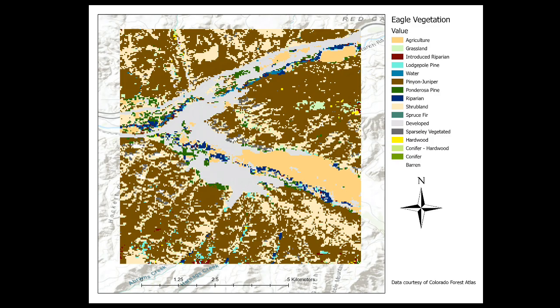Next, we'll look at fuels, in particular the fuel composition of our fuel load matrix. This is land cover data from the Colorado Forest Atlas. Of significant concern or hazard are the brown areas. These are pinyon and juniper. They represent a moderate fire load. Next are the tan areas in the hills and valleys. This is shrubland, which represents a higher fire load risk.